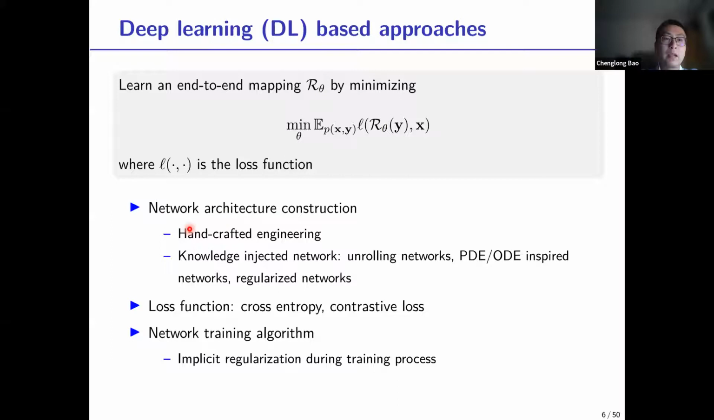Once we get a good network, we construct a proper loss function by using, for example, the cross entropy or contrastive loss, and minimize this loss using a properly chosen network training algorithm. We hope we can get good results. In fact, the choice of the network training algorithm induces several implicit regularizations. So which means that at all these three steps,